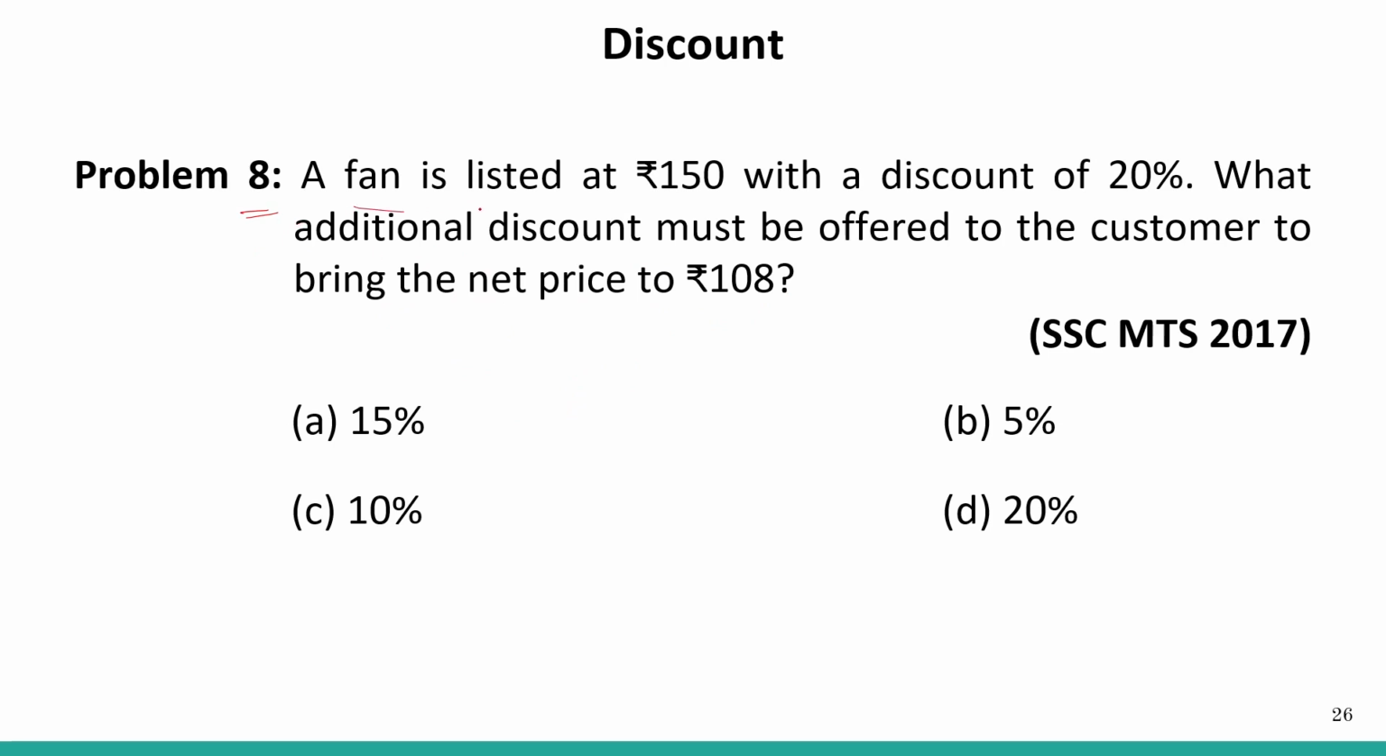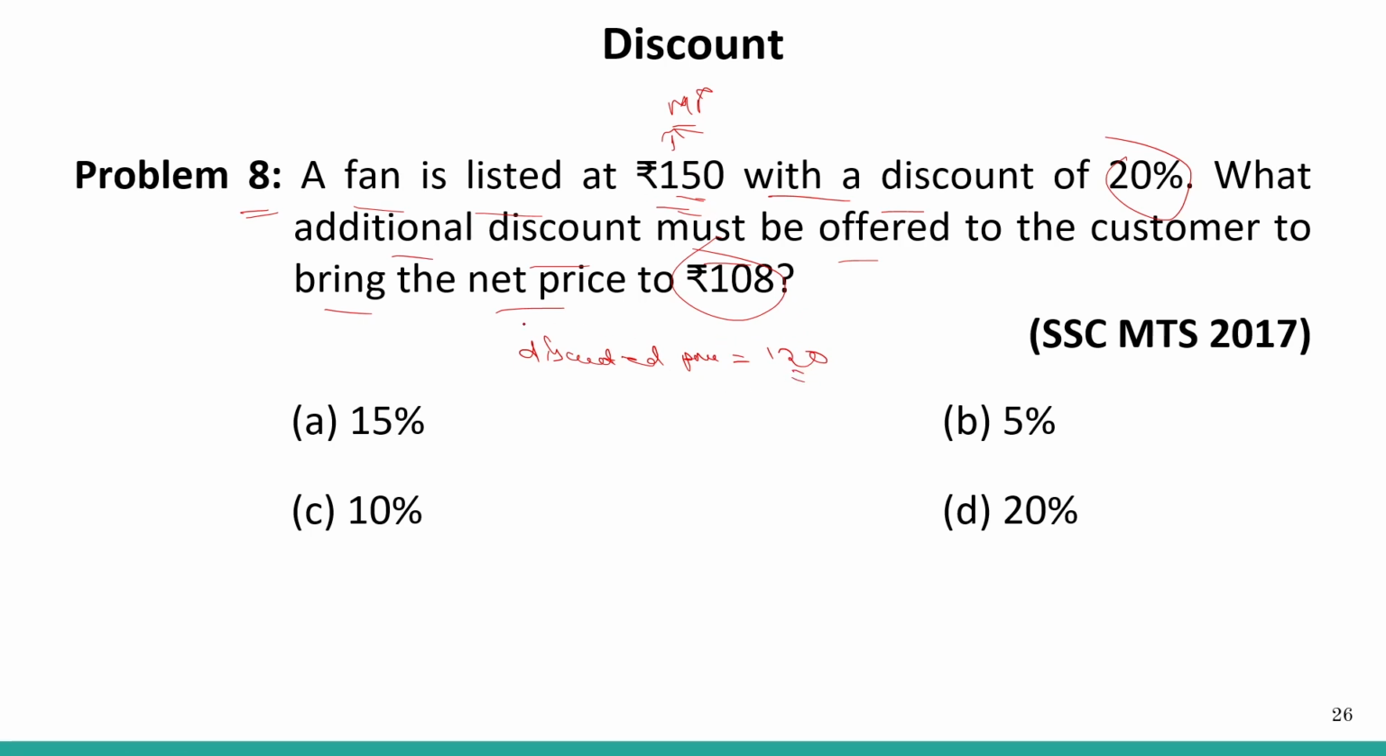Okay, so a fan is listed at 150 rupees, with a discount of 20%. So what additional discount must be offered to the customer to bring the net price to 108 rupees? Okay, so the fan is listed at this. So this is MP, that is mark price, with a discount of 20%. Okay, so the discounted price will be 120, because 20% of 150 is equal to 30 rupees, and subtracting 30 from 150, what we are left with